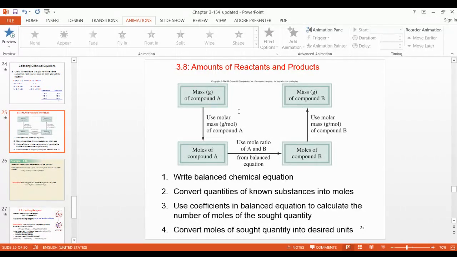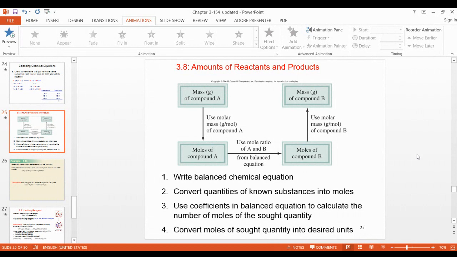Before doing these types of questions, we should have a balanced equation. If your equation is not balanced, you will get a different mass of the product. You will not get the exact answer. So the same method we used before applies. In the empirical formula we changed grams to moles, and then moles to further things. Every time, moles are used in this type of calculation.